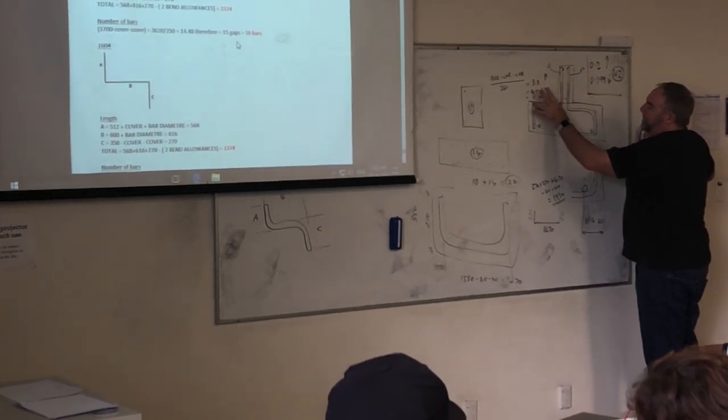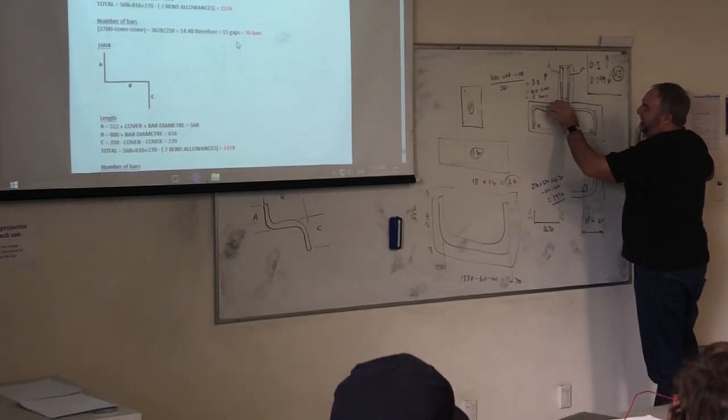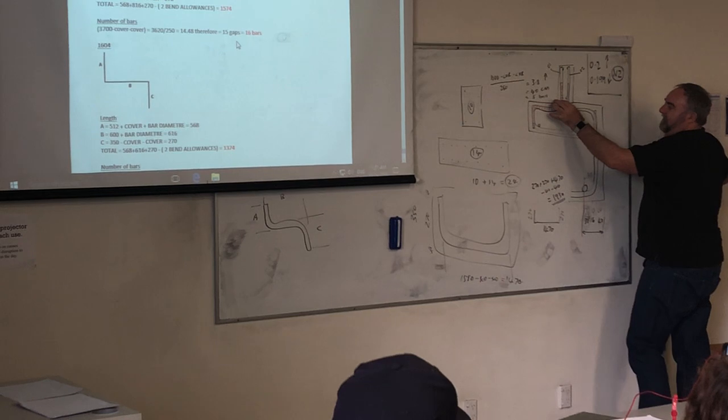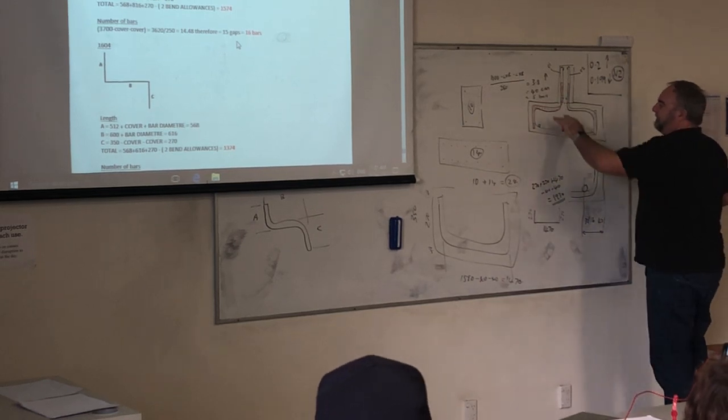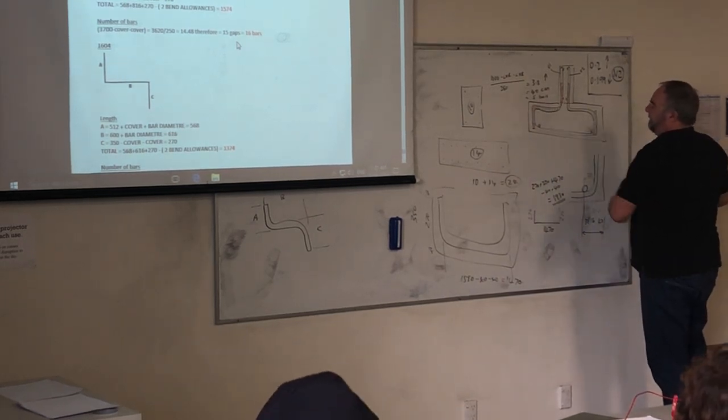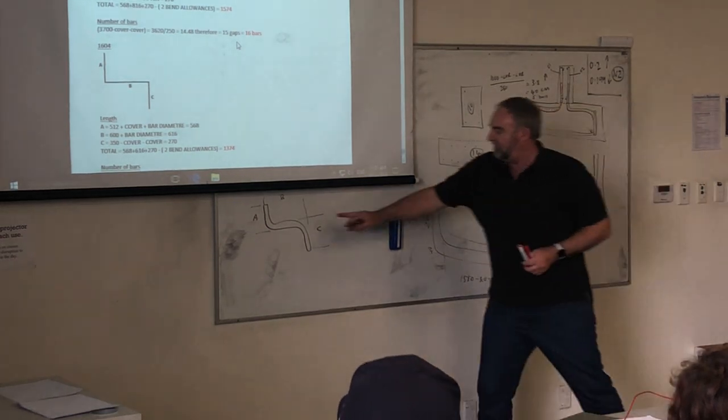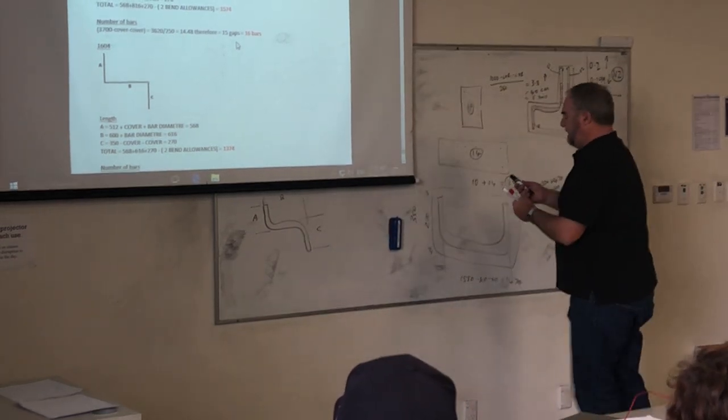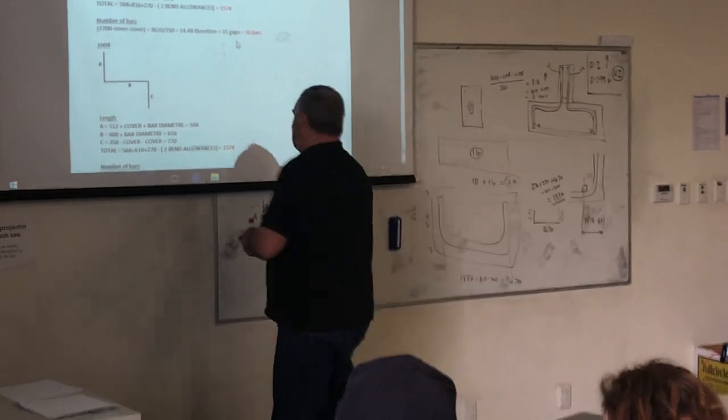if we move it along 40, which is the cover, it's still going to be that same distance, but we haven't taken into account that bar width. So it's basically that distance plus the bar width gives us B. So that will be 512